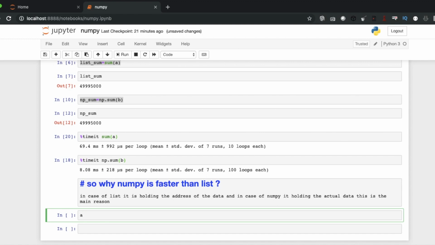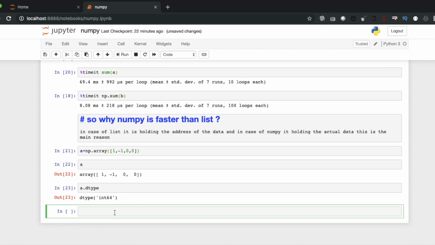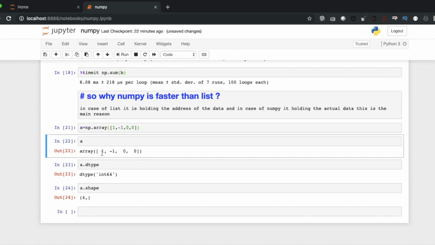Okay, so let's start. We're creating a NumPy array using np.array 1 minus 1 0 0. Okay, so let's check the data type, int64, and the shape, which means the dimension of each axis.